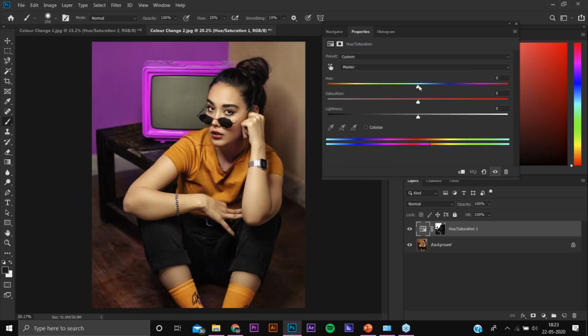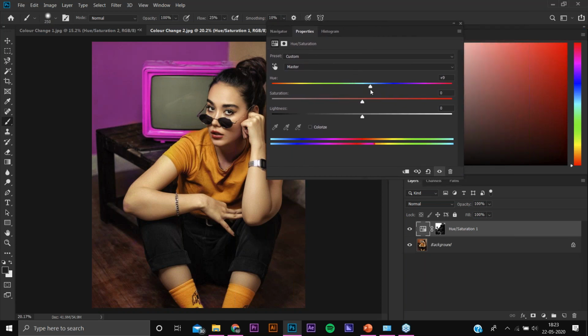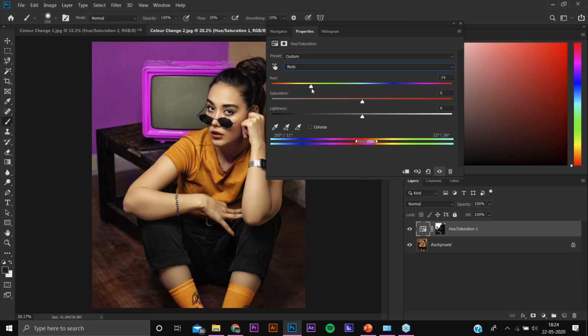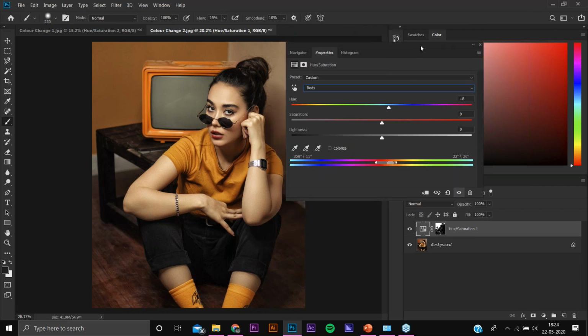So moving further, like now we have to match this color and the color of the object shot. So we will be moving it. Now we have selected this master now, like I did, it is impacting on the whole of the body. It's not that much effective. So we will be selecting the reds. Now we have a previous setting which we had left, and we will be moving further. Now I think we have got that color.